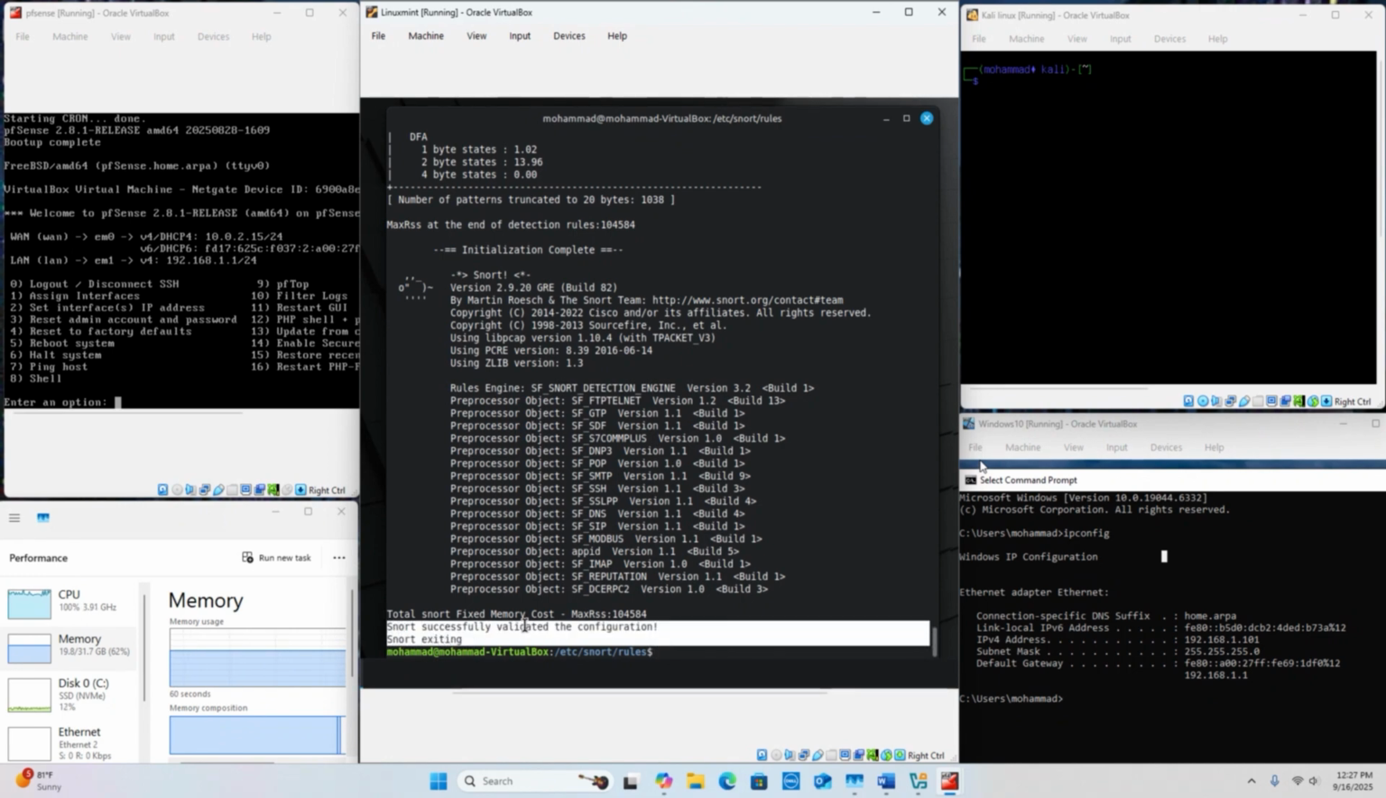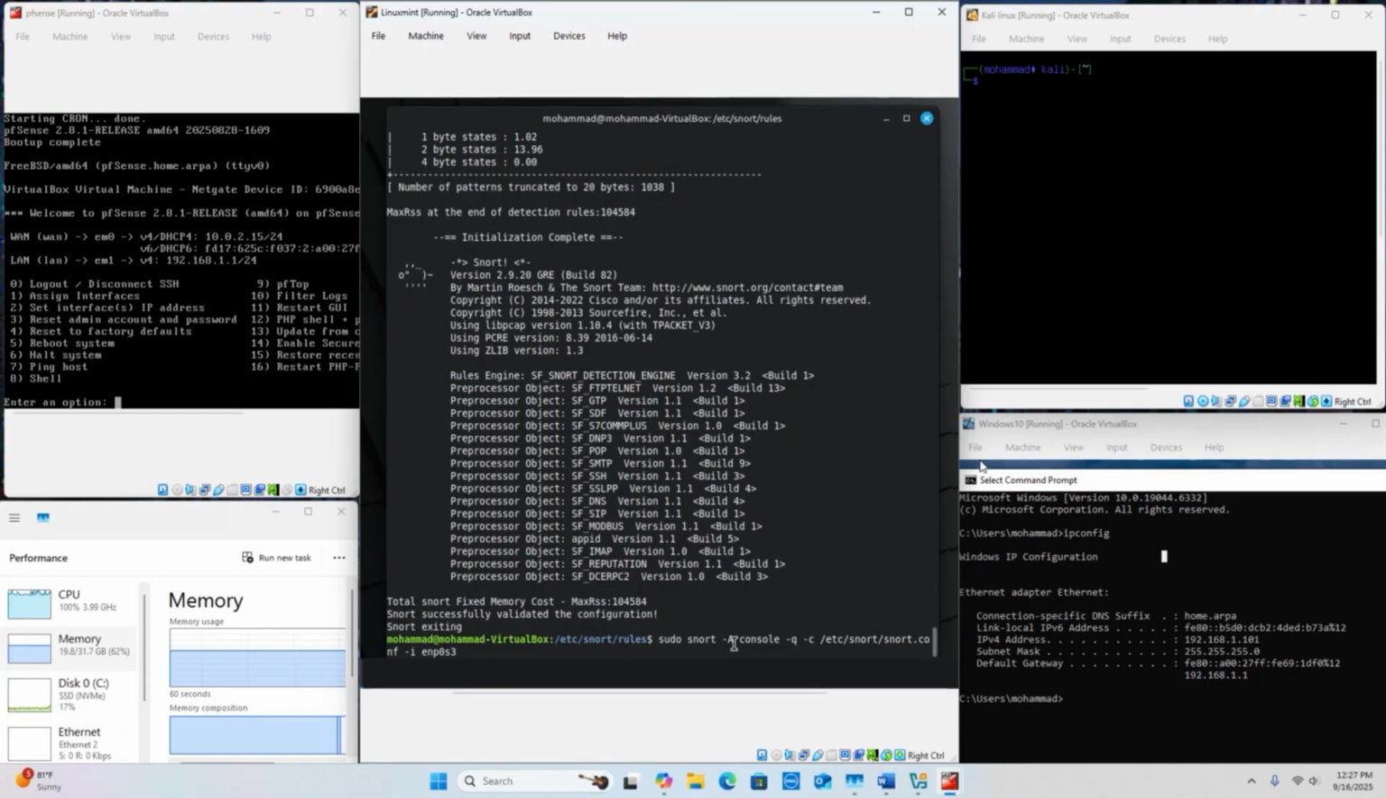We get this message, it's successfully validated, and the rule is active. Now we are going to run Snort. So this is the command for running Snort. It displays the alerts in our console, in quiet mode, Q for quiet mode, and this is the path etc